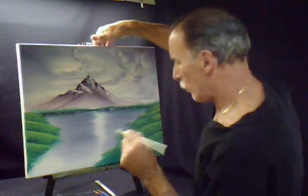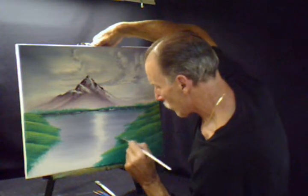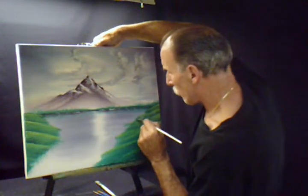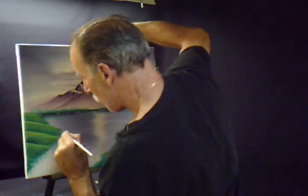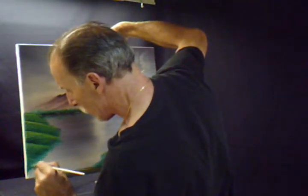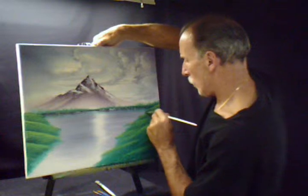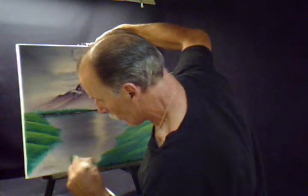Cleaning off the fan brush, I'm going to come in and clean up these edges, right where the water line is. Kind of diffuse it. I'm just scraping. Just like that. All the way up. All the way on this side. Now we're going to take some of that same brush we had this color on. I'm going to pull some of this color